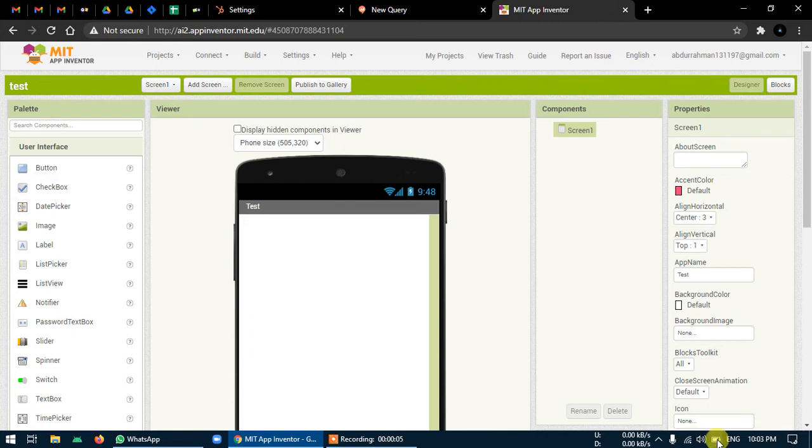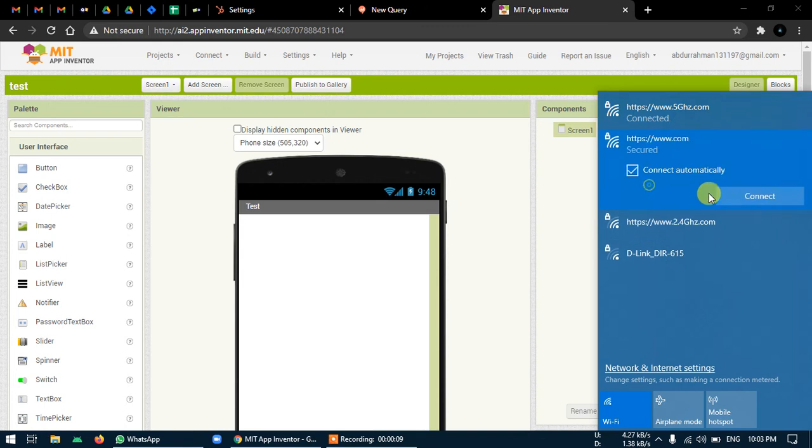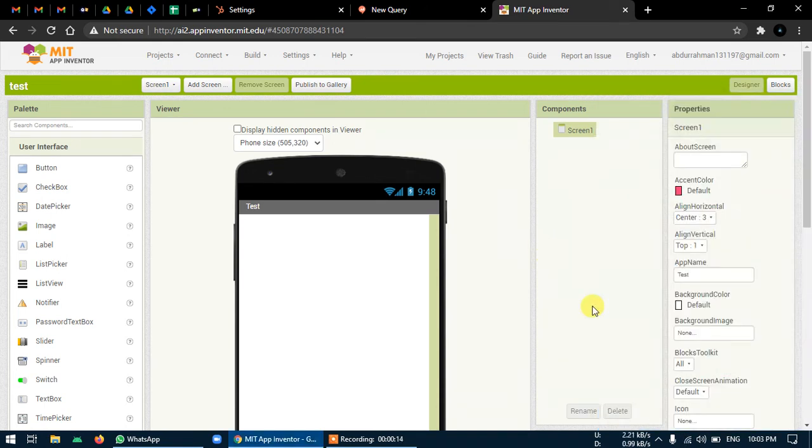Hi. So today I am just going to make an app that is a simple paint app. In this app we will be using a new component which we haven't used previously, like any other app. The name of the component is Canvas. So Canvas is a component you can get, which is actually used as a free tool, you can say.